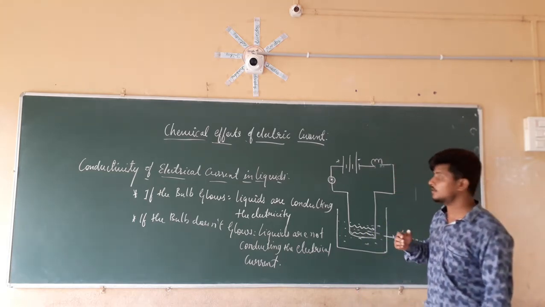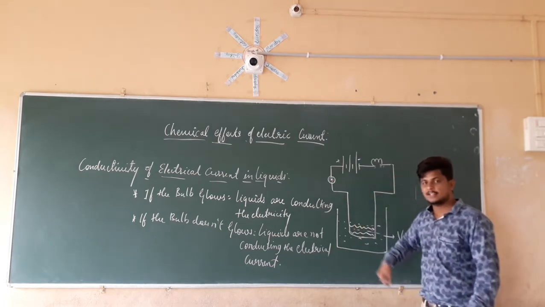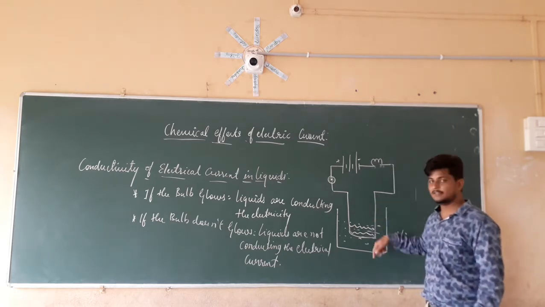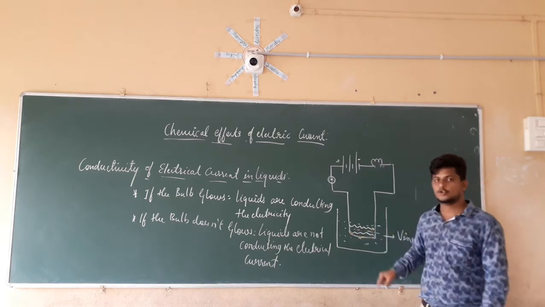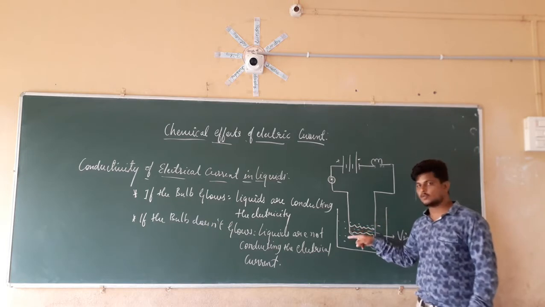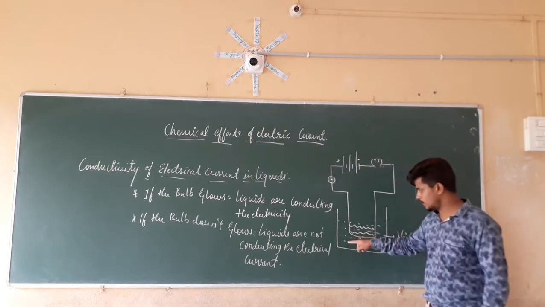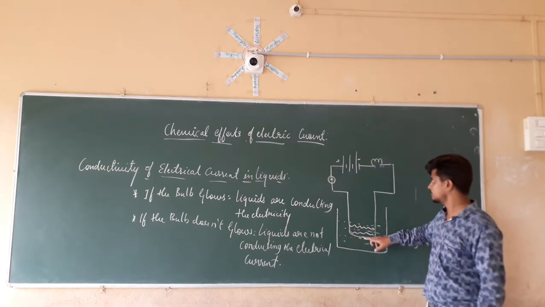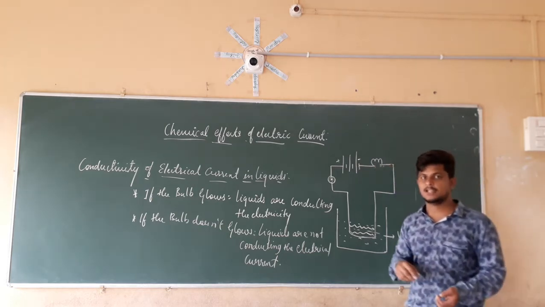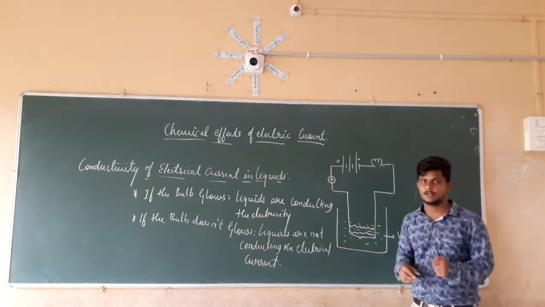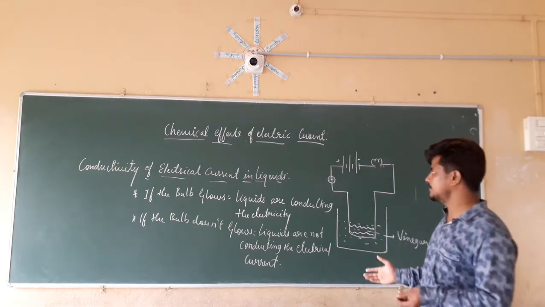So let's check where you may be making a mistake. Check the correct connection here. You should check that the wires which are put inside the solution are apart, and that they have open wire ends. We should remove the insulators present on those wires before putting them into the solution, so that the electricity can pass through the liquid. In the same manner, this wire should be connected properly, because if it doesn't connect properly, the bulb will not glow. In this manner, we check the conduction of electricity in liquids.